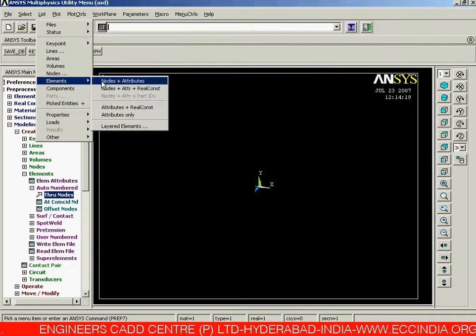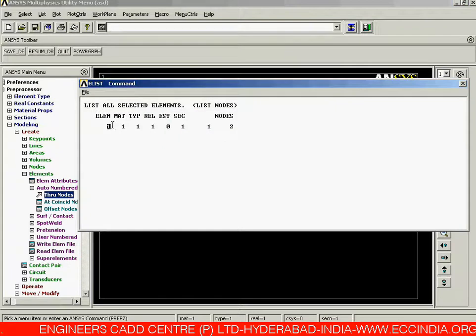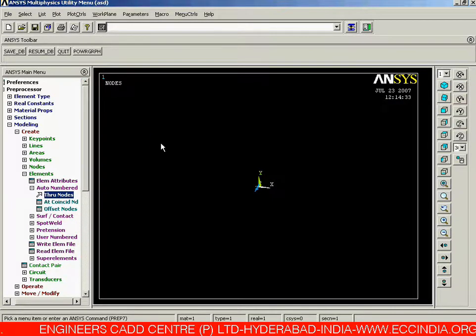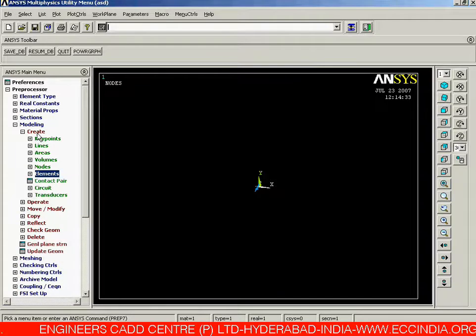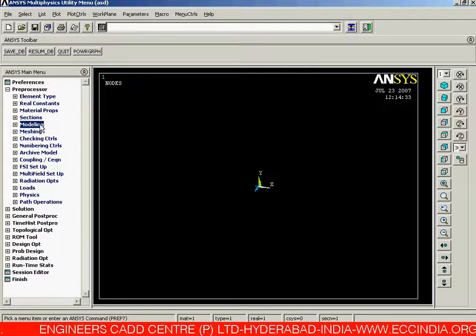Now we can see list our element with respect to the nodes and attributes. Element number 1 is created in between node number 1 and node number 2. In that way we need to go for the creation over here. So we are creating the element having 0 length, because these 2 nodes are coincident. Now come out of our modeling. Our meshing is already over.